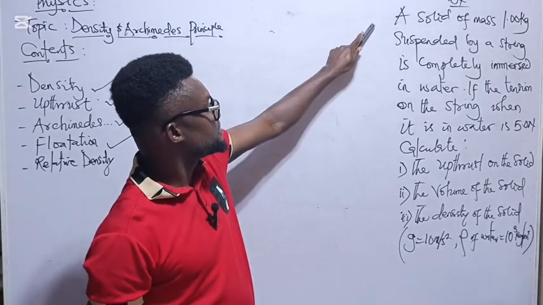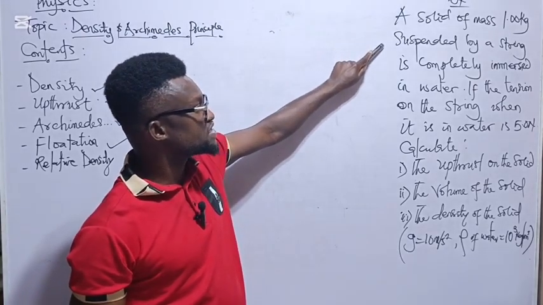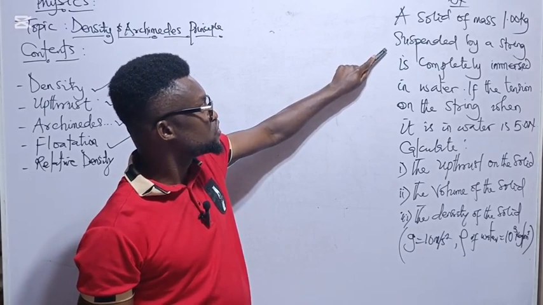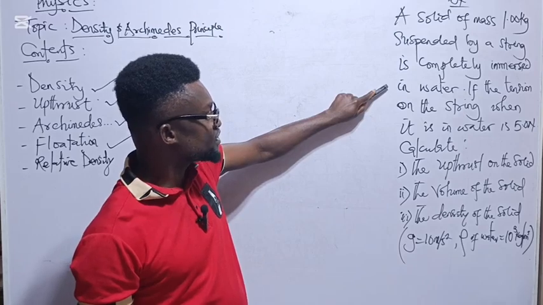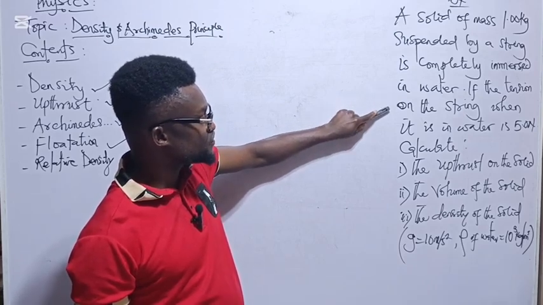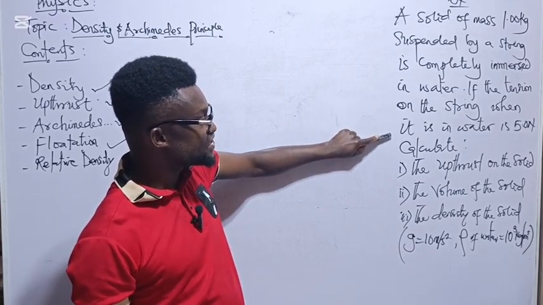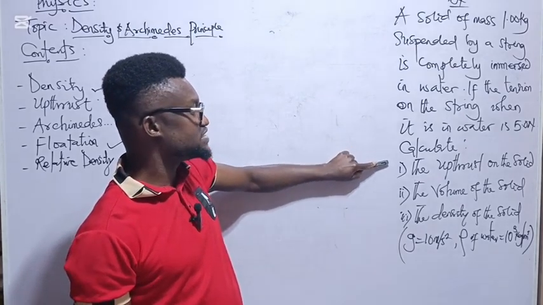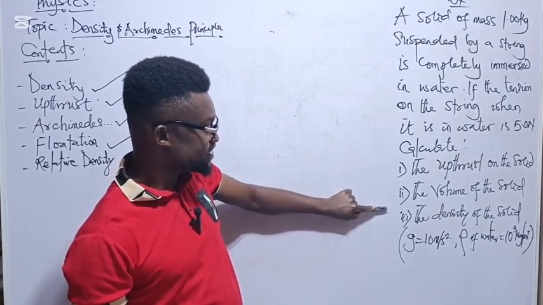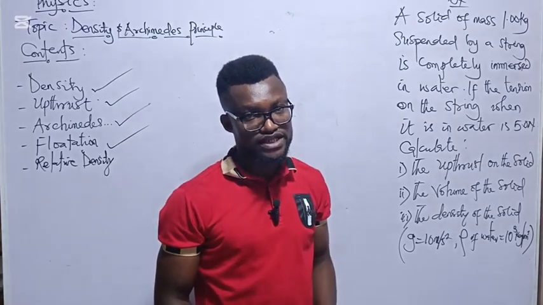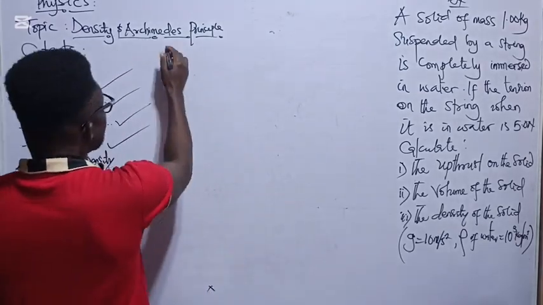Okay, we have a question on the board. It reads, a solid of mass 1 kilogram suspended by a string is completely immersed in water. If the tension on the string when it is in water is 5 Newton, calculate: one, the upthrust on the solid; two, the volume of the solid; three, the density of the solid. Now to solve the exercise,